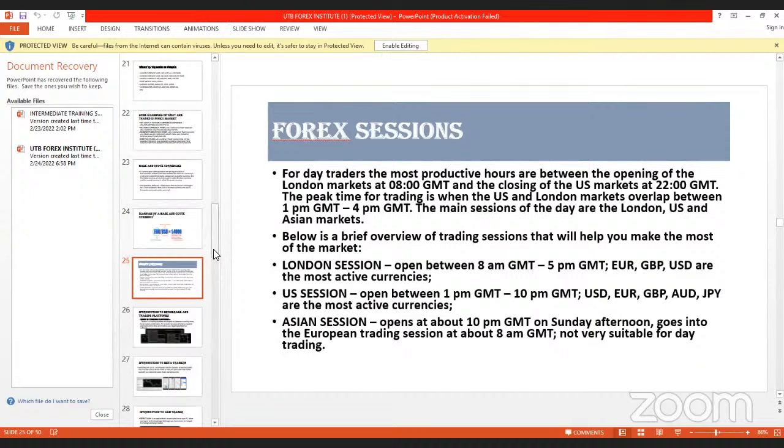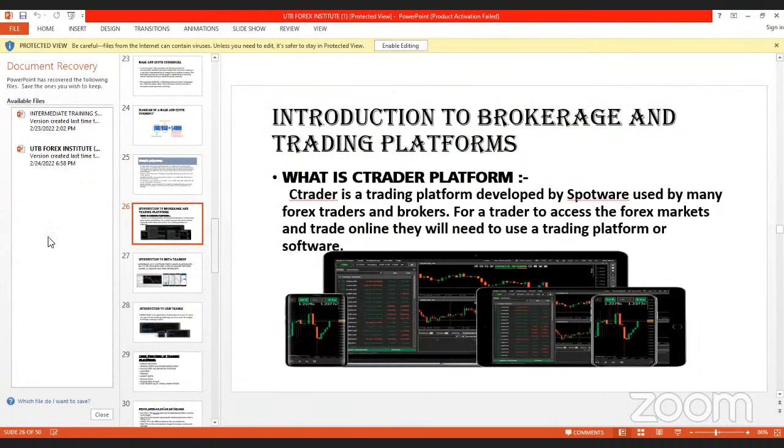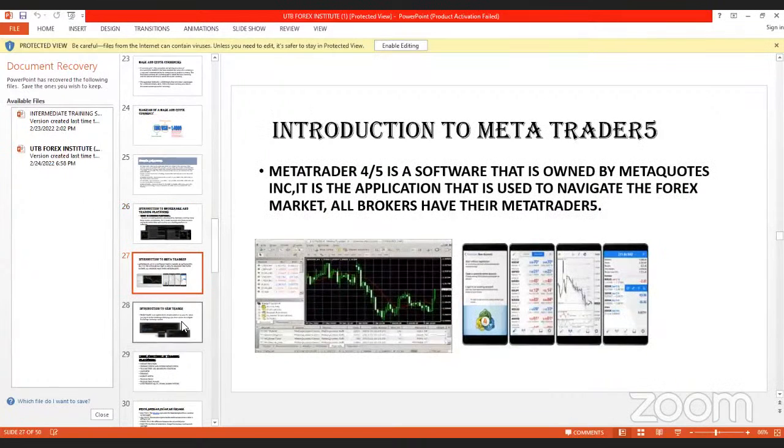The next slide we discuss is the trading platform, brokerage. I talked about brokerage when I told you about a group of people that came together and said, okay, we can as well bring this market to retail traders. That's the aim of brokerage. They brought this market to retail traders because they know retail traders don't have the volume it takes to access the main market. Now they leverage a platform where if you put $10, you can trade. If you put $50, you can trade.